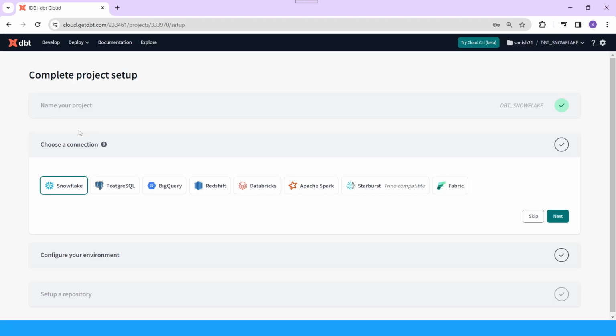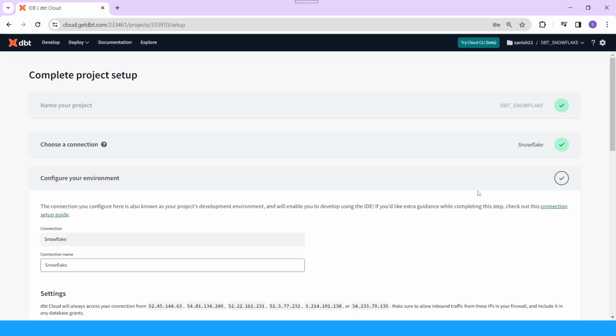Okay, and I will be selecting Snowflake here as a first step to establish a connection. So first of all I will be creating a new project. While creating a new project I need to provide the source connections, environments, repo connections and repo setup. To begin with I will be selecting Snowflake as my connection. We have different options like Redshift, Databricks, Apache Spark, Fabrics. Okay, so I will be selecting Snowflake, and then